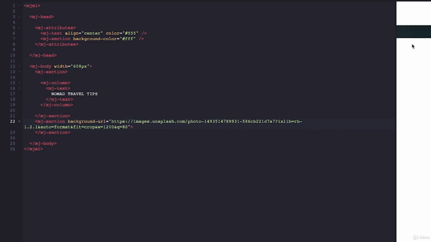And if I look to the right of my screen, I can see the preview. So next I'll add the column for my call to action. And my text. So MJ column,